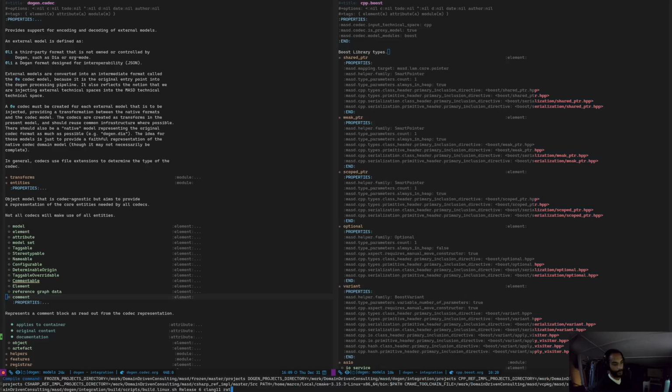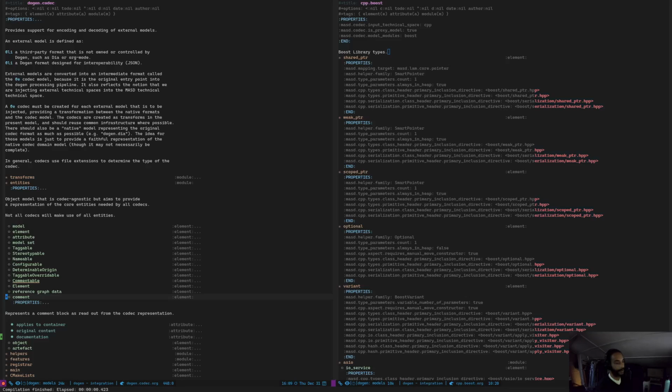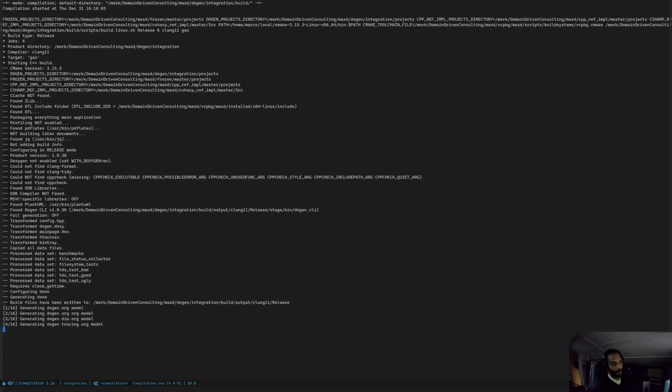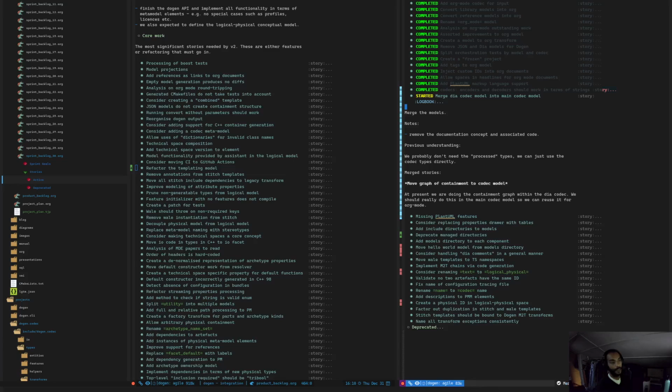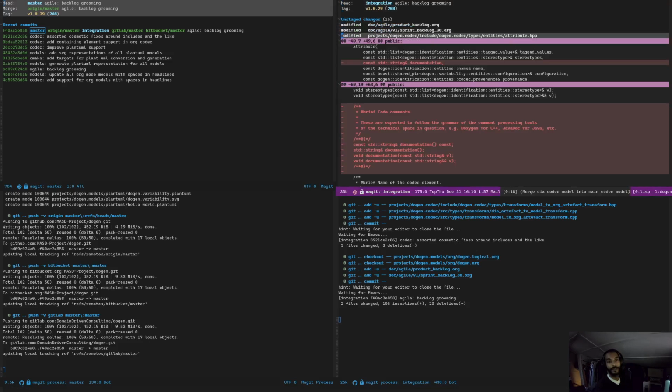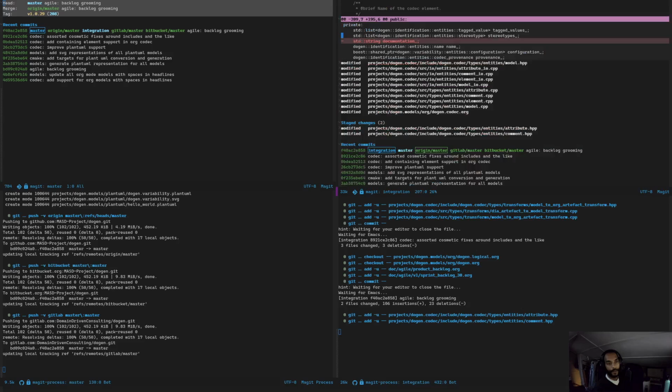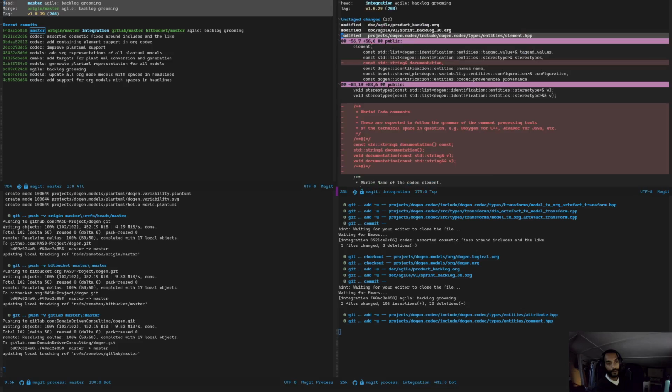So all we need to do now is to generate, well, let's make sure we got the latest code generator. So over here. And if I now just generate all my org models, hopefully what you see is, as you can see, the documentation got removed. Although, oh no, actually that's fine, because these guys will be using comments, so that's fine. So that looks good. That also looks good. And element now looks good too. The model,